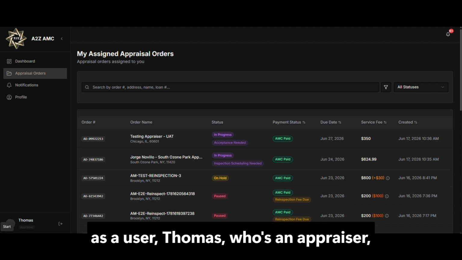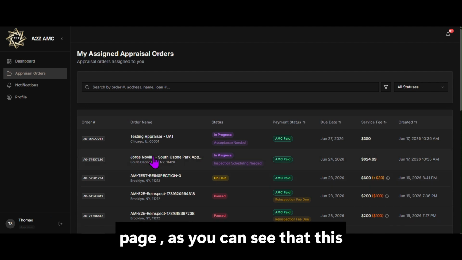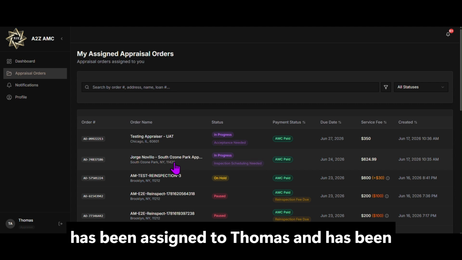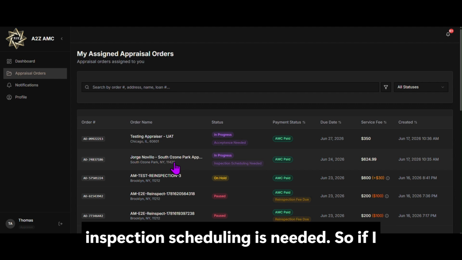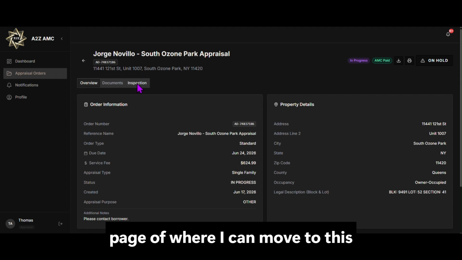So, as you can see, we are currently logged in as a user Thomas, who's an appraiser, and we are on the appraiser orders page. Here you can see that this appraisal order has been assigned to Thomas and has been accepted, is in progress, and inspection scheduling is needed. So if I click on this and move to the detailed page of it, I can move to this